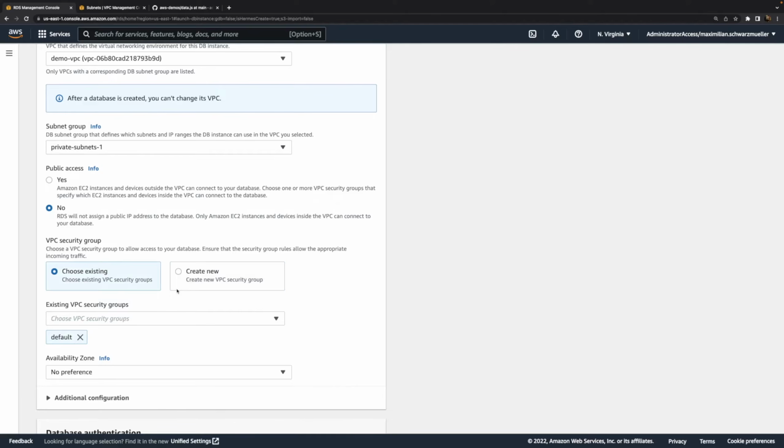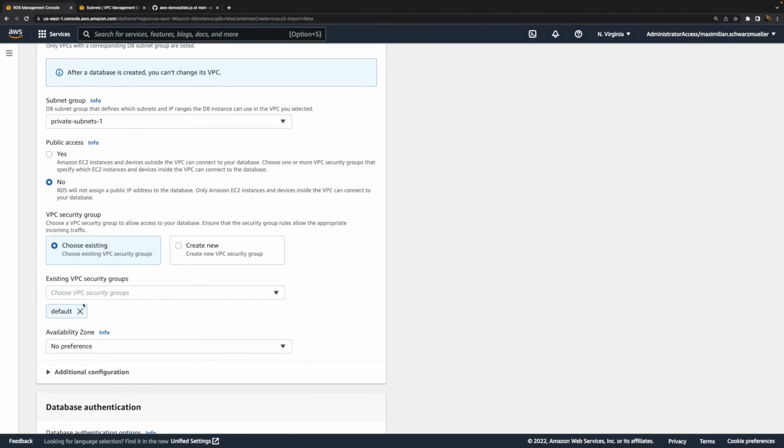Now you also should add a security group to that database instance, which further controls which kind of traffic reaches the instance. The subnet choice and this setting here is about the technical connectivity. The security group is an additional firewall which filters out unwanted requests once they technically reached the instance.